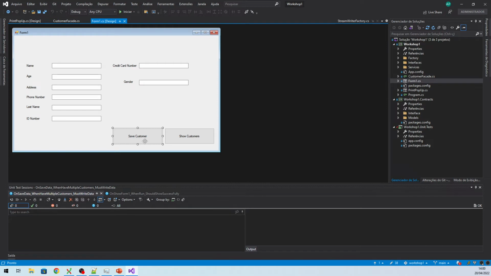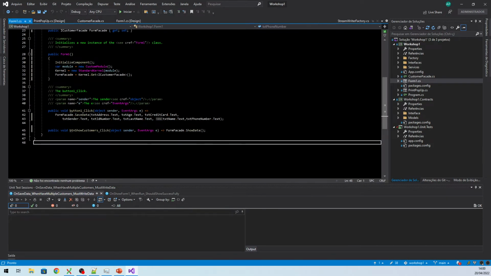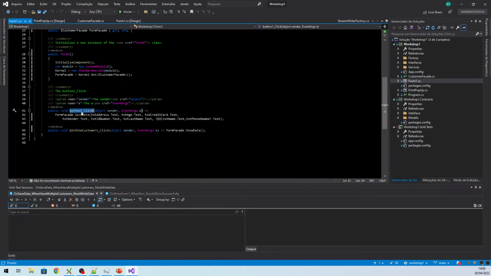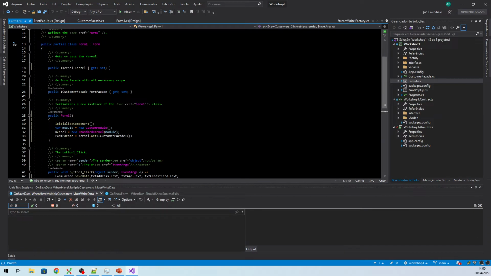For save customer we have the button one click. It's not a good name, but no problem in this case. In this case we just send out the fields and record them on the file. I have also the show customers function. And you can see all of these functions are referencing